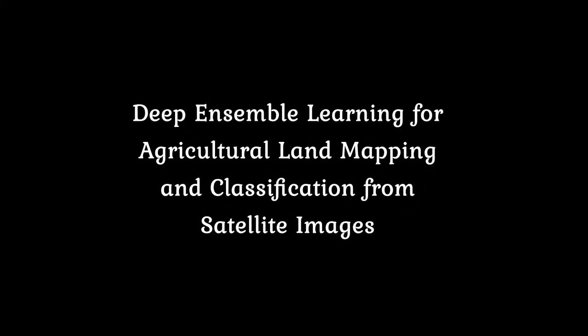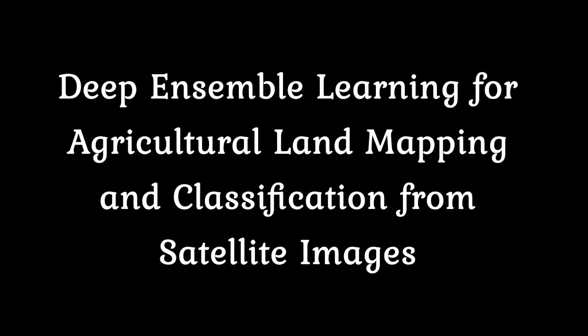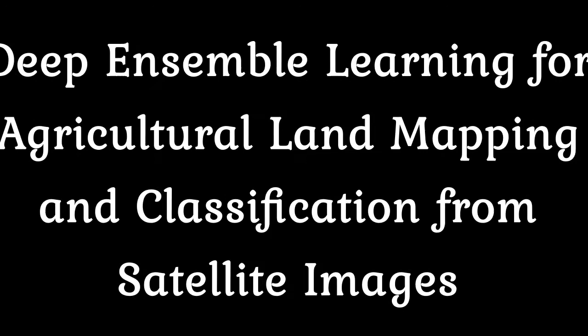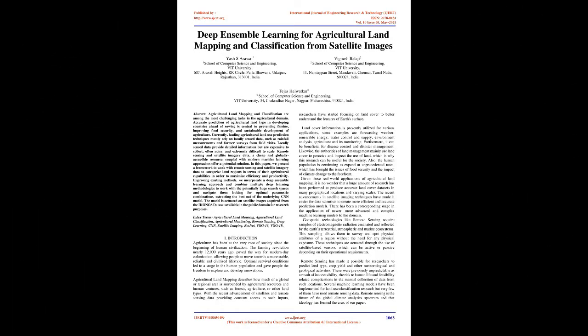Deep Ensemble Learning for Agricultural Land Mapping and Classification from Satellite Images. Abstract: Agricultural land mapping and classification are among the most challenging tasks in the agricultural domain. Accurate prediction of agricultural land type in developing countries ahead of sowing is central to preventing famine, improving food security,